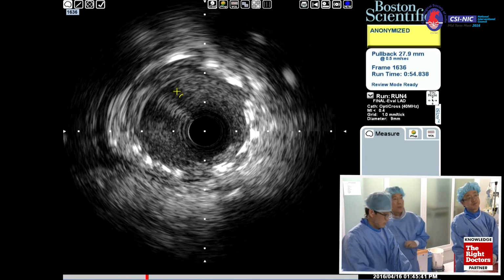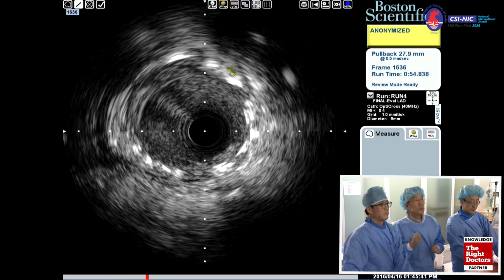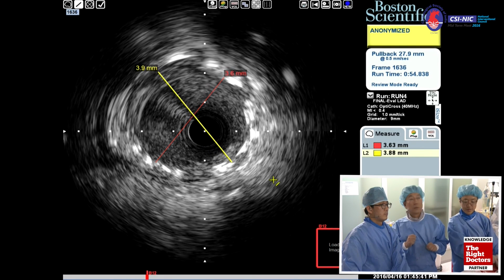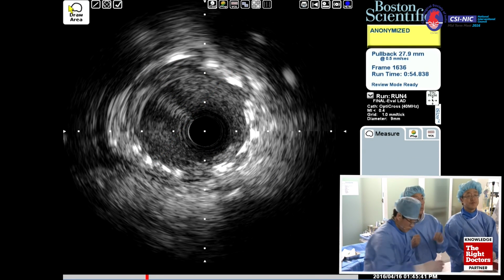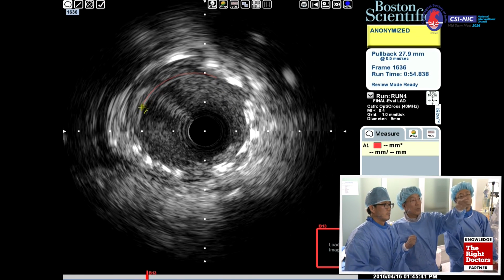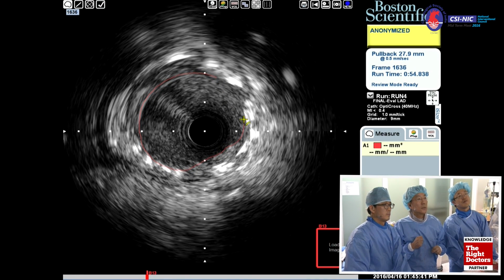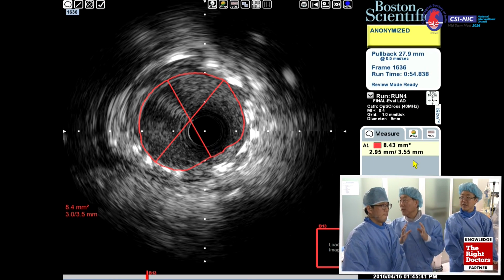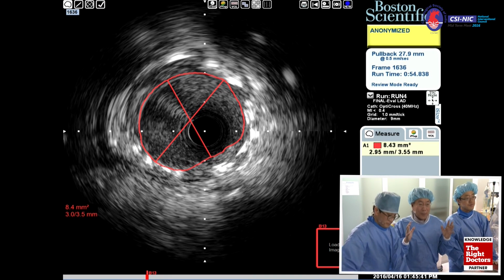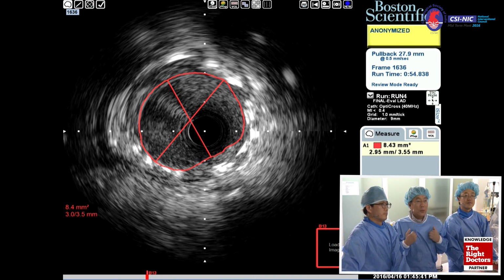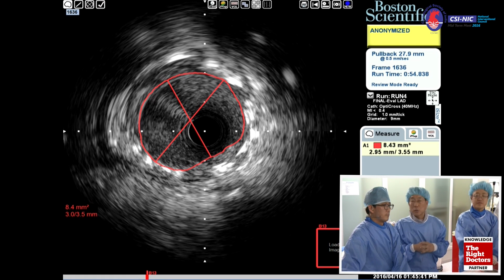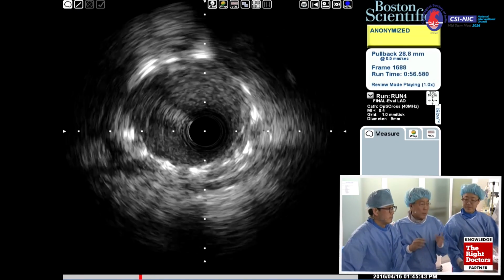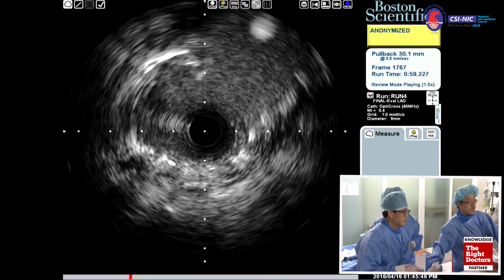So for the LAD proximal here, measure that. So you want to have some confidence in terms of stent diameters and area. There is some still remaining intima hyperplasia. Okay, good, perfect. Lumen area is almost 8.4 millimeters square. It's great. The meaning is big enough, and with the drug-eluting balloon we expect good clinical outcomes. Stent area is the most important predictor for long-term clinical outcomes. So, we will check the final angio.